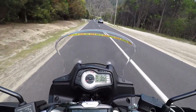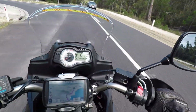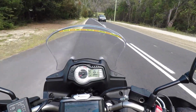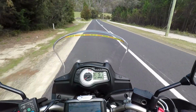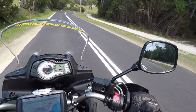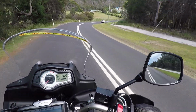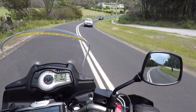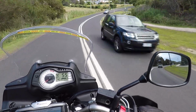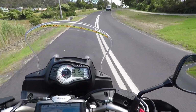So again, it's very windy and narrow roads, not too much traffic. It's only very early, about 9 o'clock in the morning. Let's have a look. Yep, 9 o'clock in the morning, and I figured I'd get an early start. I filled the fuel tank in Bassano, and figured that would be the best place to do it now before we go any further. Just taking it pretty easy today,